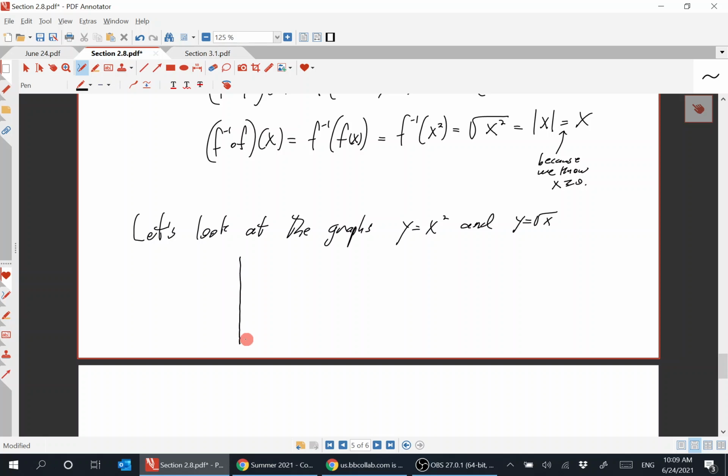Let's graph them on the same set of coordinate axes. Again, we're doing it just for x bigger than 0. So if this is y equals x squared,